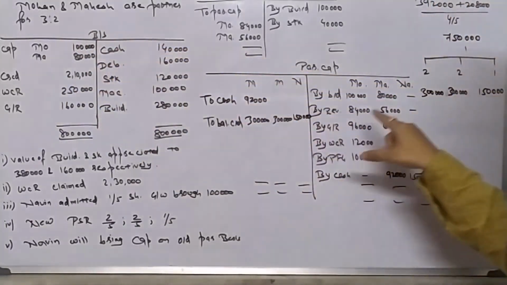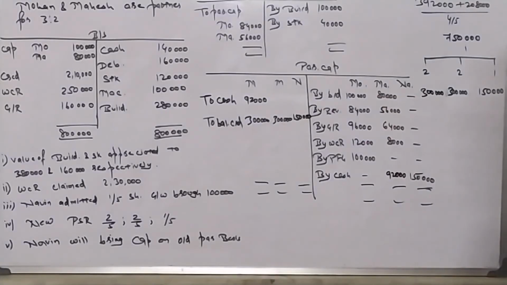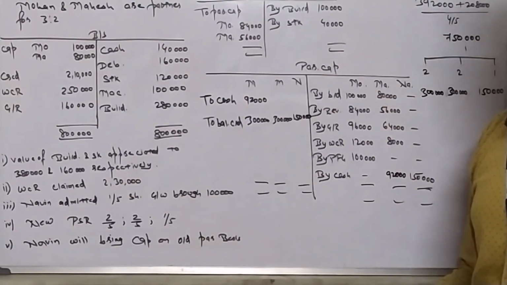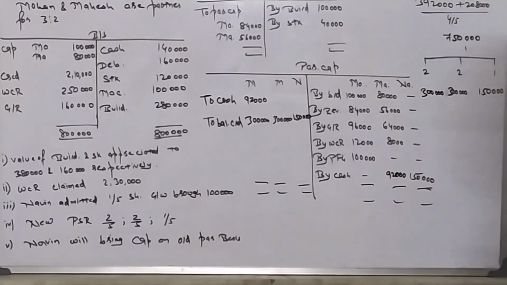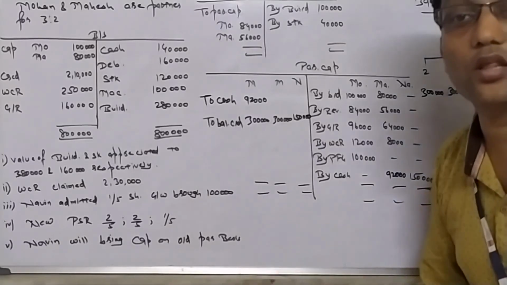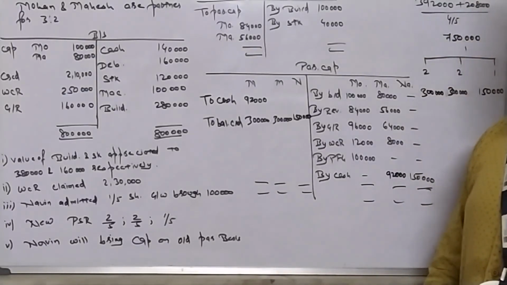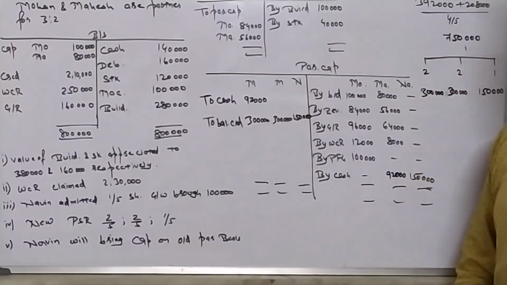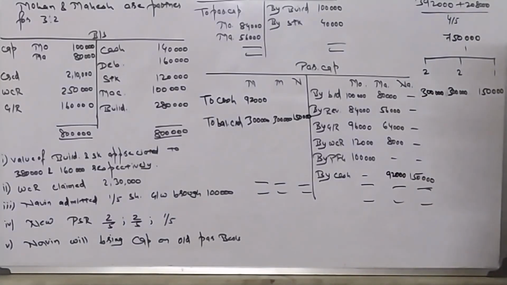This will go as the opening balance. Guys, Naveen's cash is missing. We need to calculate that. Wait. All the things have been done. Now the last part, that is capital adjustment. Guys, in this way you need to think through the sum, one by one, step by step, so that you will not miss anything. Last part we are doing now.